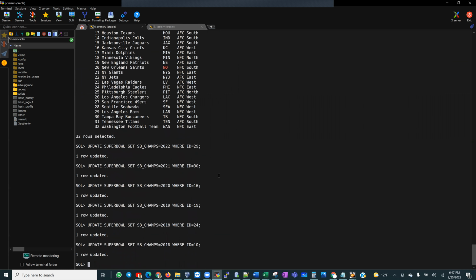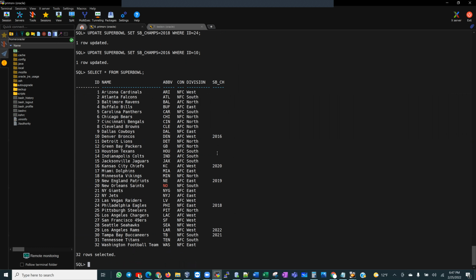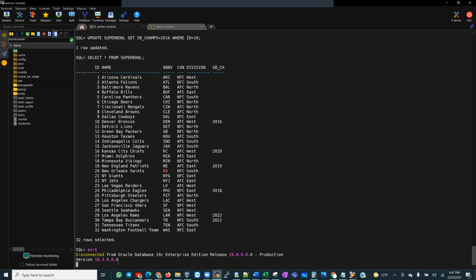Okay, so assuming that we've made these changes in prod, and the dev guy says, hey, listen, our data is still, could you refresh just a few schemas, and maybe they requested particularly for us to refresh this NFL schema. We could also make some changes to the other users as well. So let's exit. Let's go SQL plus